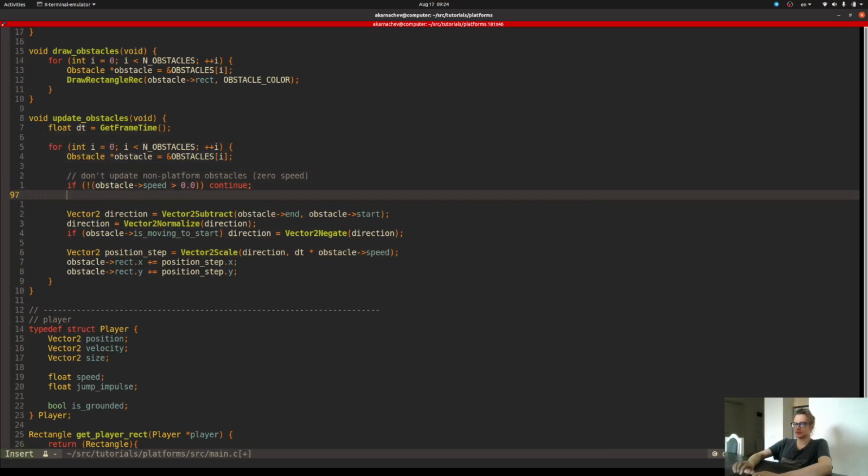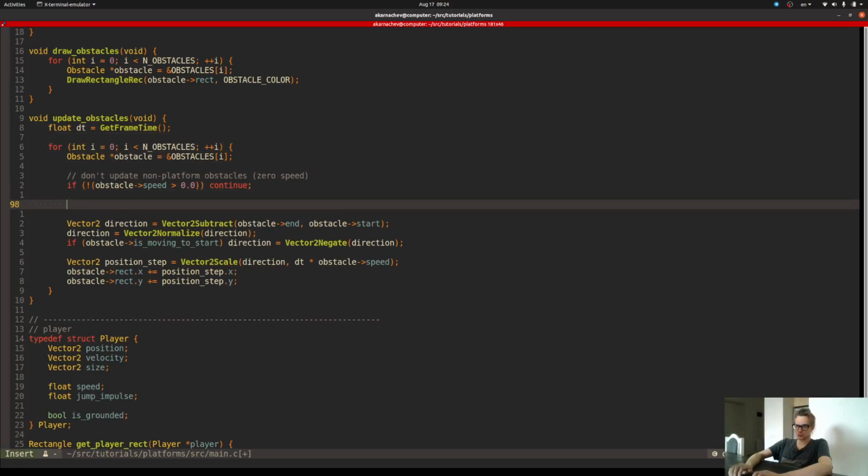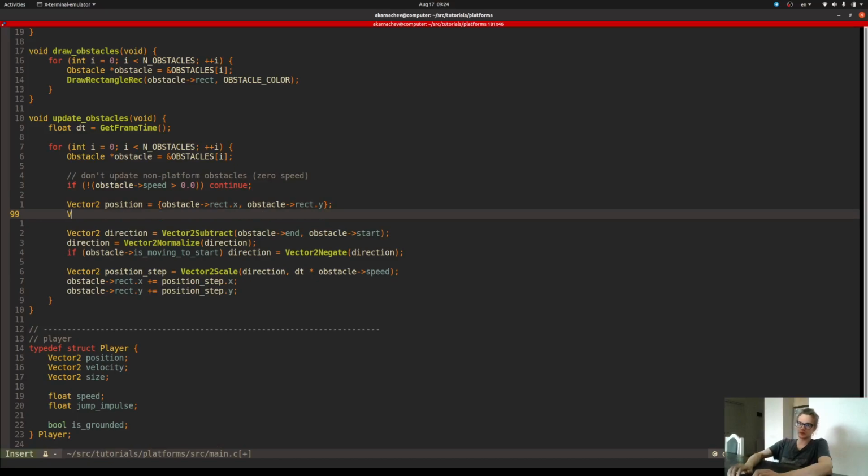So I basically say that vector 2 position is equal to obstacle rect x, obstacle rect y. Target, let's say target vector to target is equal to